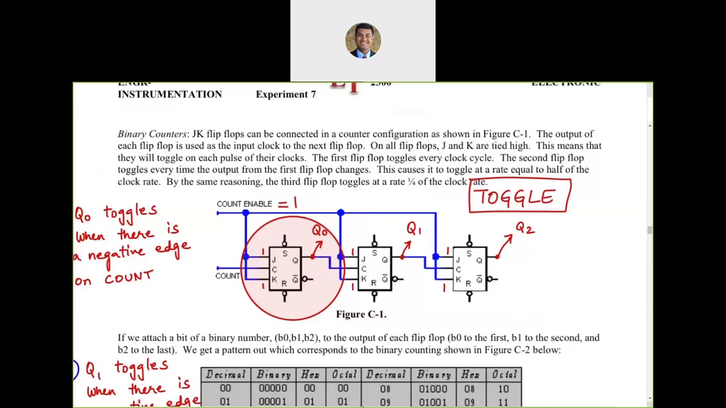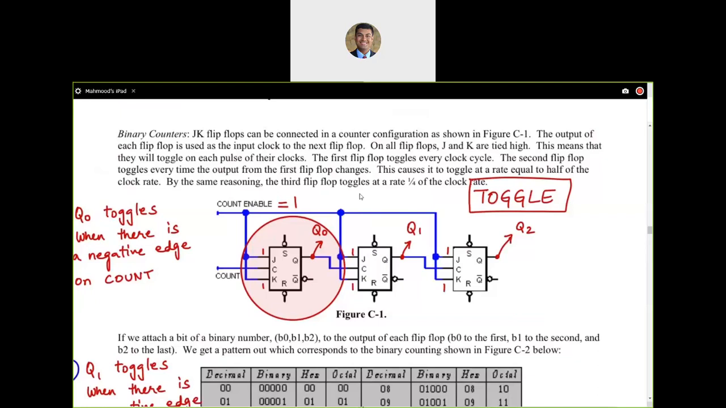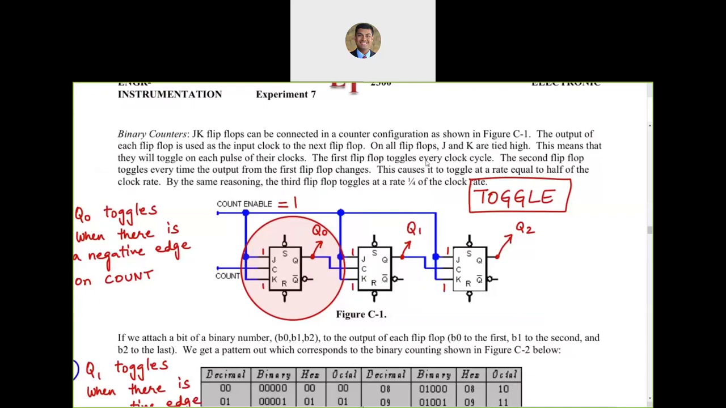All right, questions. So that's a brief discussion on counters, some issues with counters and so on. Let us now look at, well, let's stop this and